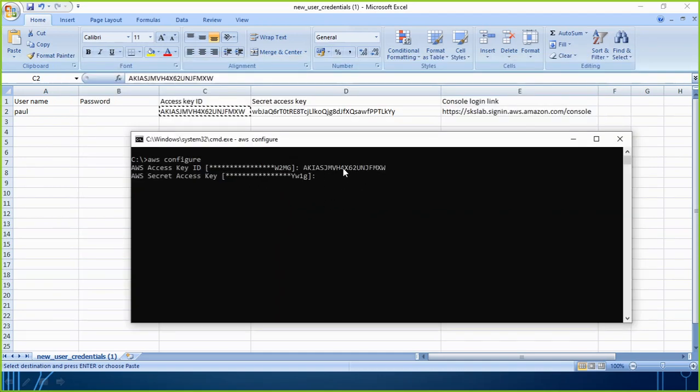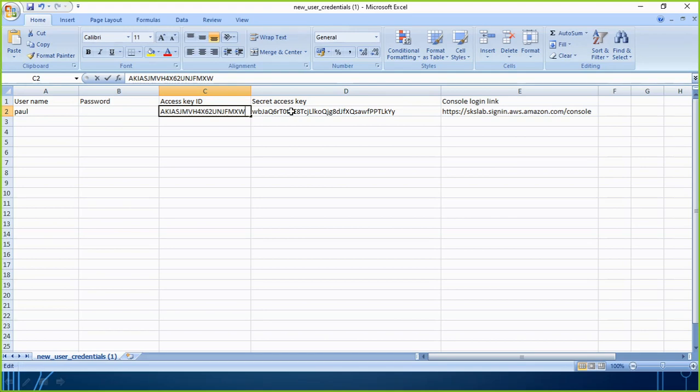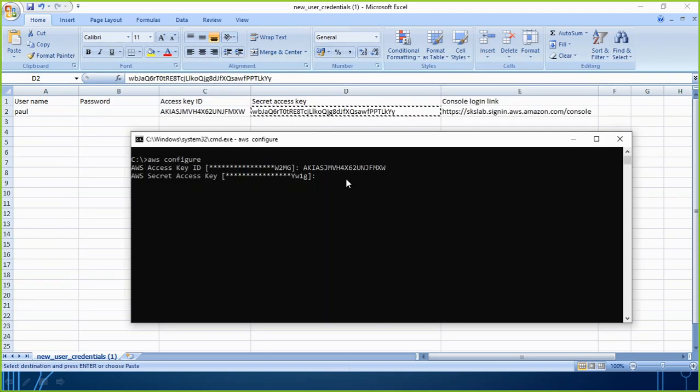As soon as I paste the access key ID, the next question is the secret access key, this one. Every user will have a separate access key ID and a specific secret access key also. So let's copy the secret access key, and then I paste it here.